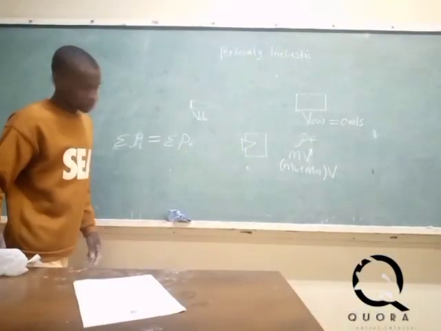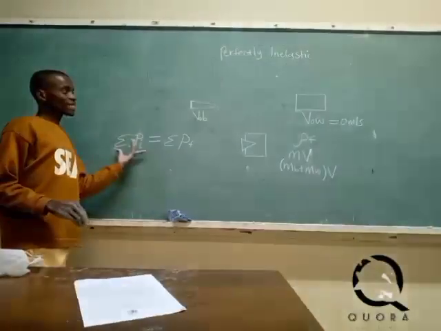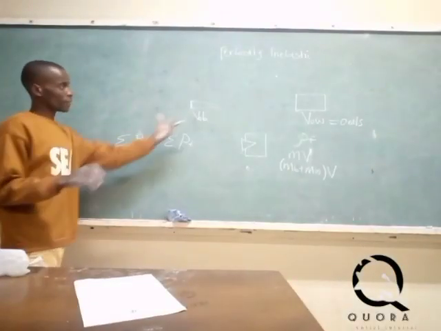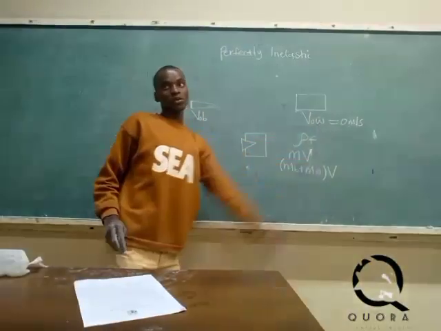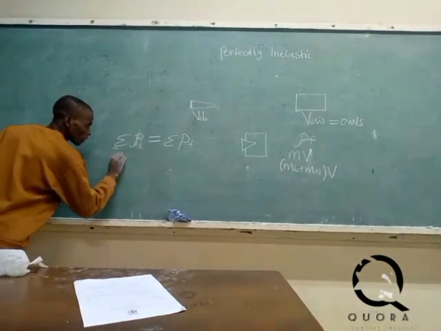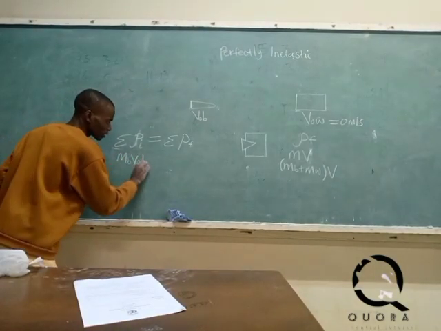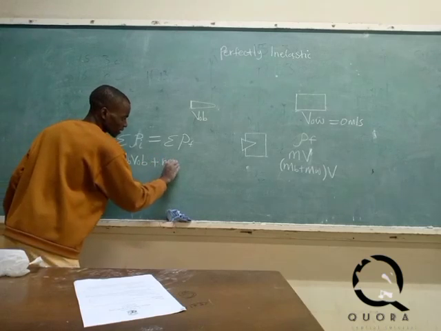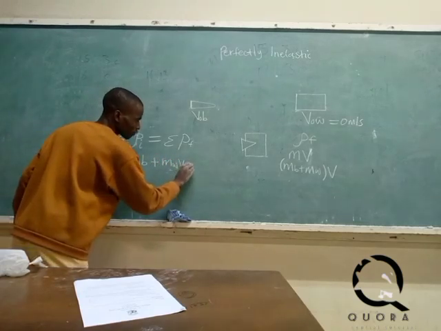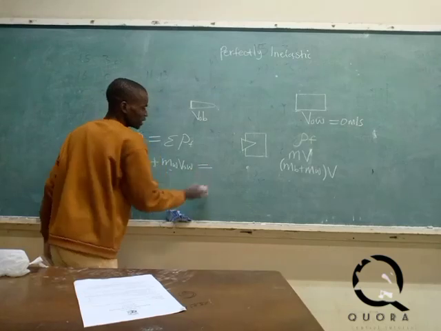Okay, so we have to expect something. Initially, these two have separate momentums. Why? Because this one is moving, that one is not moving. So we are going to have mass of the bullet multiplied by its initial velocity plus mass of the wood multiplied by the initial velocity of the wood. It has to be equal to